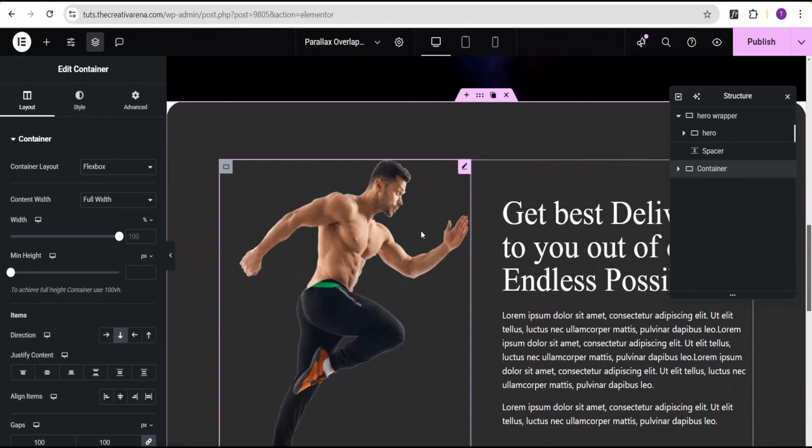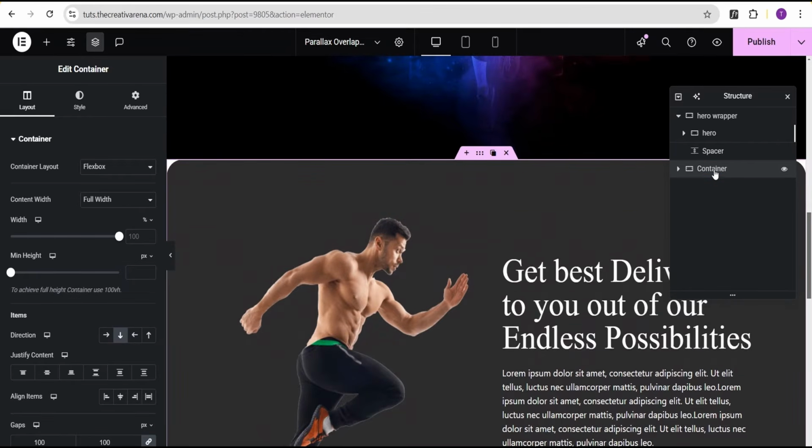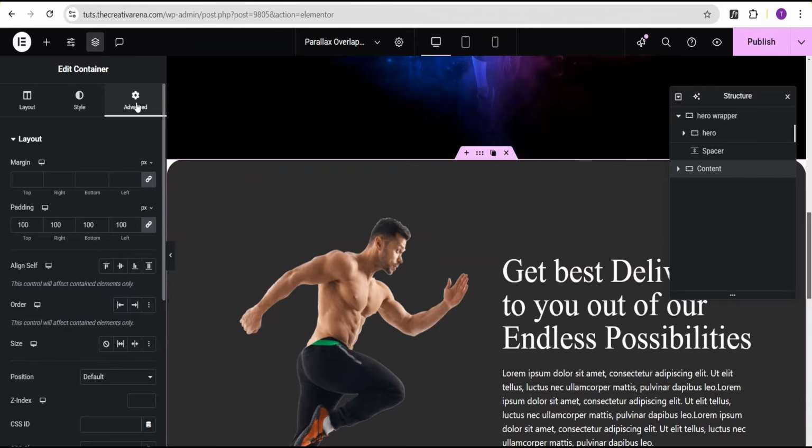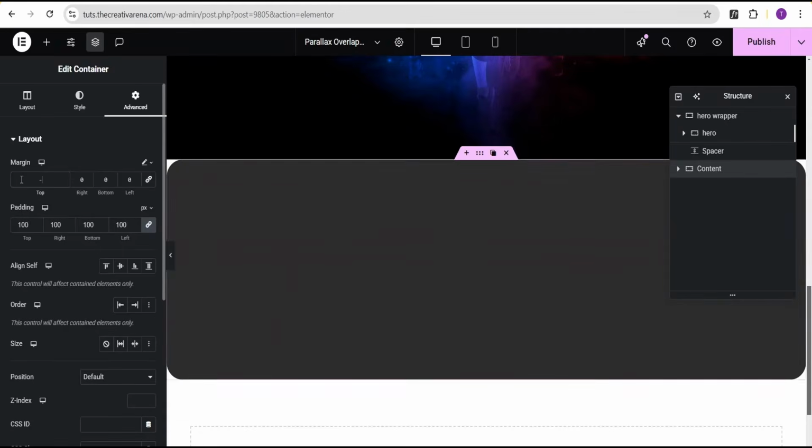Okay, so now the next thing I'm going to do here is on this container here, I'm just going to call it our content container. Okay, so now I'm going to come over to the advanced settings for this content container, and remember the spacer, we gave it a VH value of 100. So now what we're going to do here is on this second container, this content container, we're going to come over to the margin, set it to custom, and then unlink this. Now to the top, we're going to give it a margin-top value of minus 100